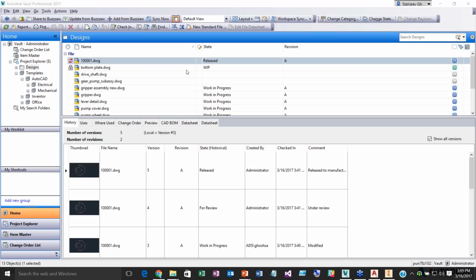Sanjeev. Sure. The next question is, no internet is required for using Vault. So is internet required for using Vault? That's the question. Okay, so absolutely no internet is required. You of course require an intranet. You require a LAN,